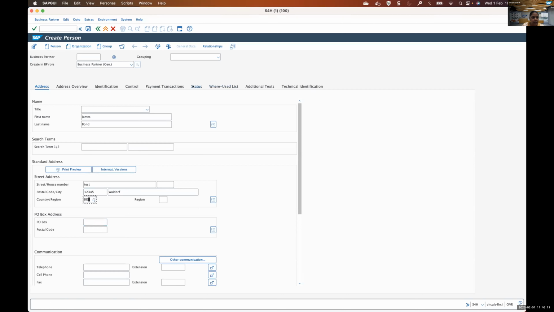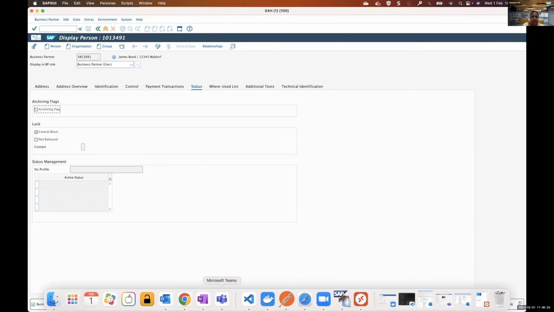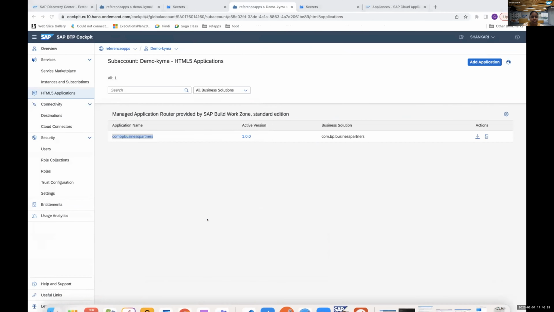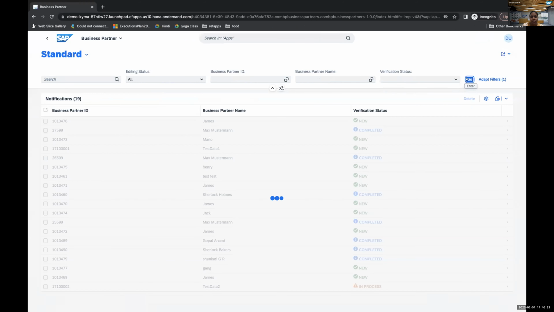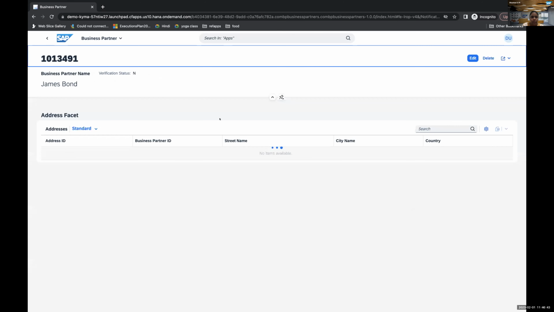And I'll also mark the BP as blocked, and then I'll click on save. Once that is done, we'll go back to the application. So yes, the event is triggered and we could see the data